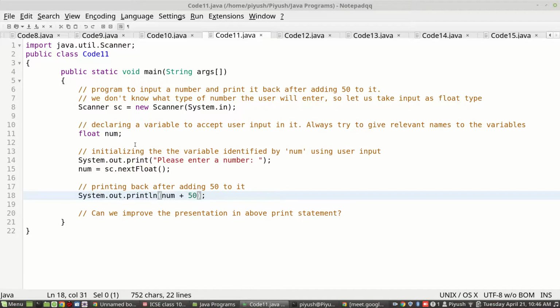Okay, let's see how it will look if we use double here. Like I said, the double will include more decimal places. So let's change it to double.